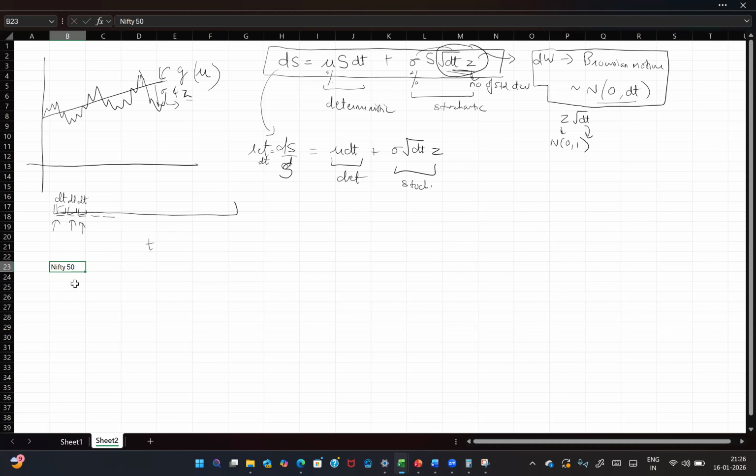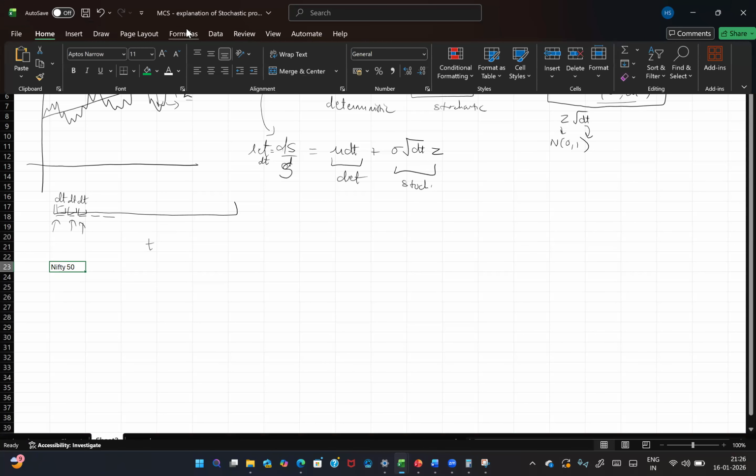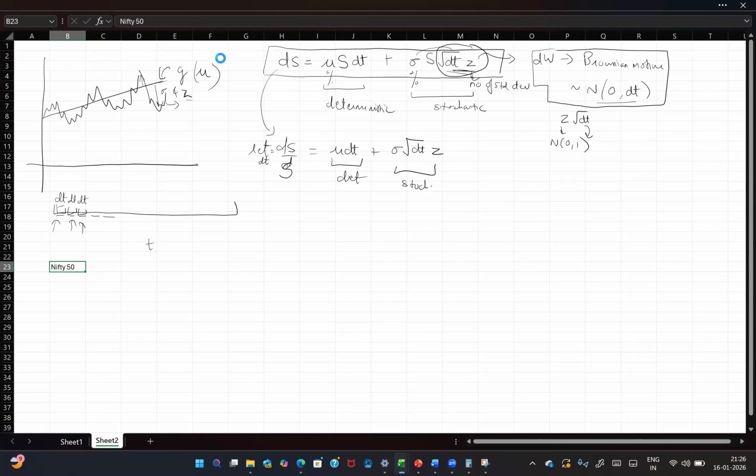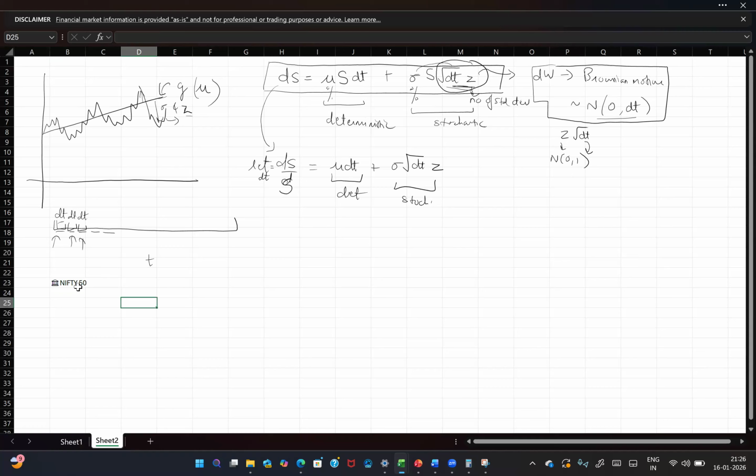So what we'll do is derive it from historical price action. I take Nifty 50 and convert it into stock data. As soon as I do that, this Nifty 50 gets converted into a financial symbol. And now I write a simple function called STOCKHISTORY,